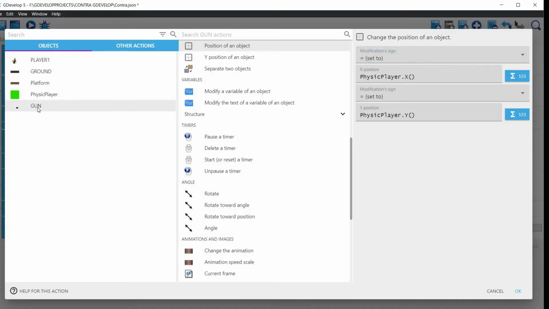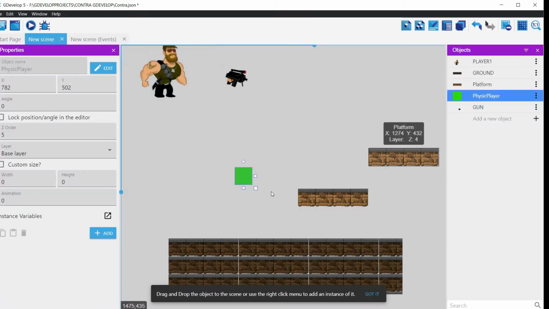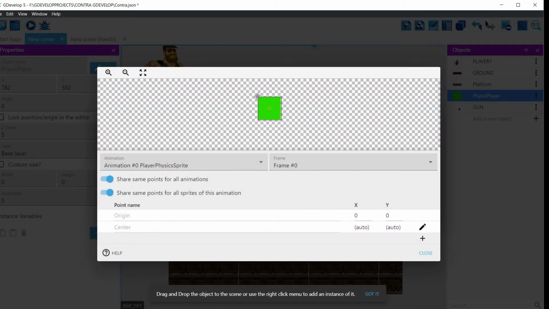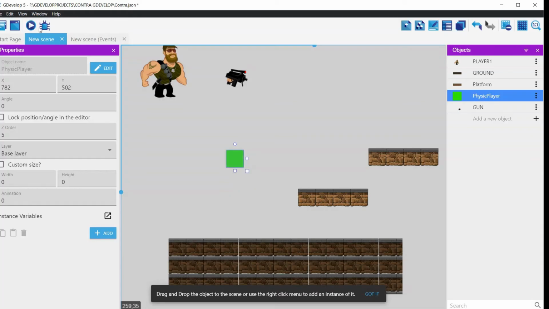We missed editing the origin of the physic player that we created, so let's go back to the scene view, double-click on the physic player object, and then on edit points. Drag the origin red across the bottom middle of the image and adjust the numbers manually to be more or less the bottom center of the image. Click OK and then apply to go back to the scene view, and then hit the preview button to check